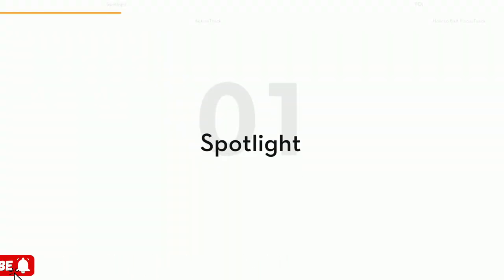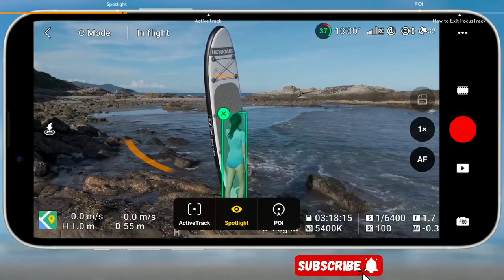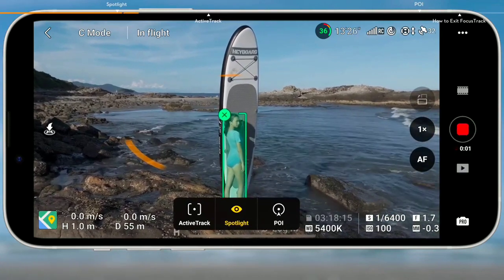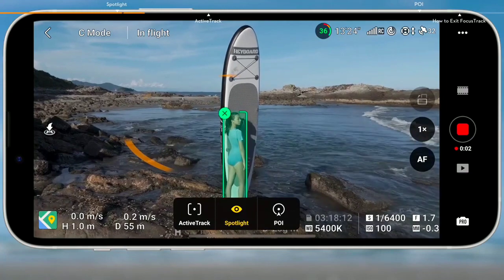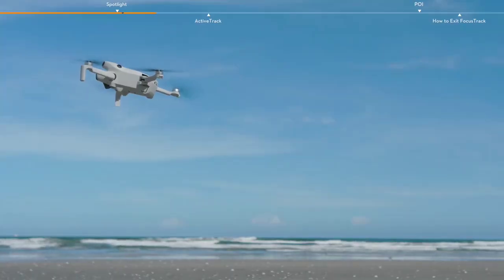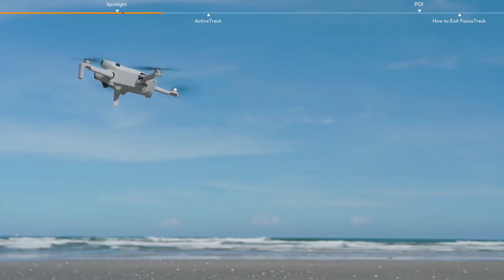Spotlight. Spotlight is the default mode once entering Focus Track. Press the shutter record button on the remote controller or the screen to start shooting photos or recording video. In Spotlight, the aircraft does not fly automatically, but the camera remains locked on the subject while you manually control